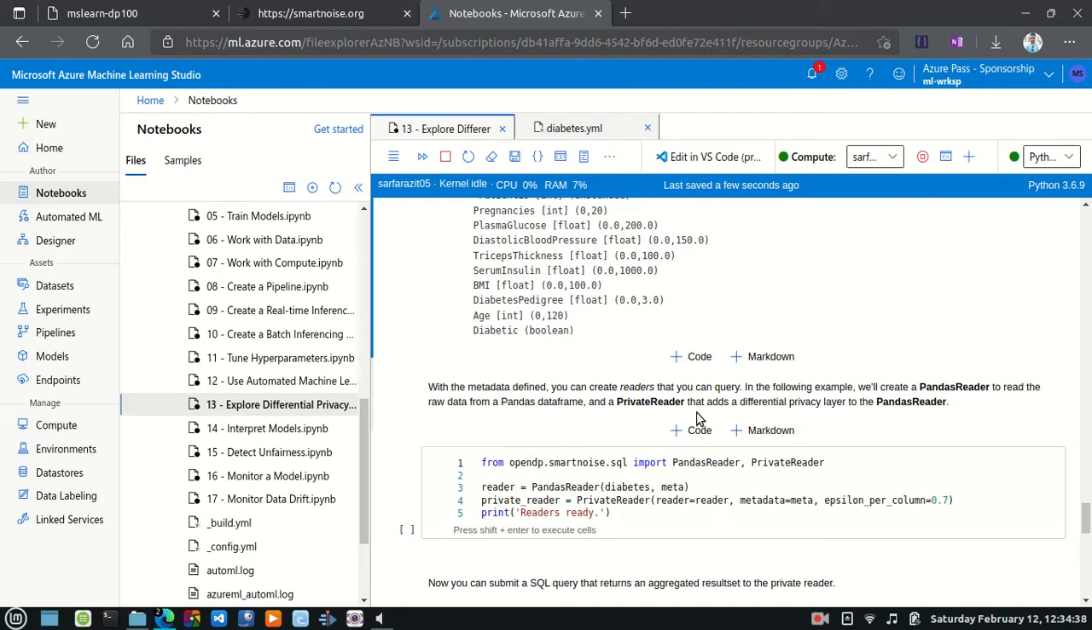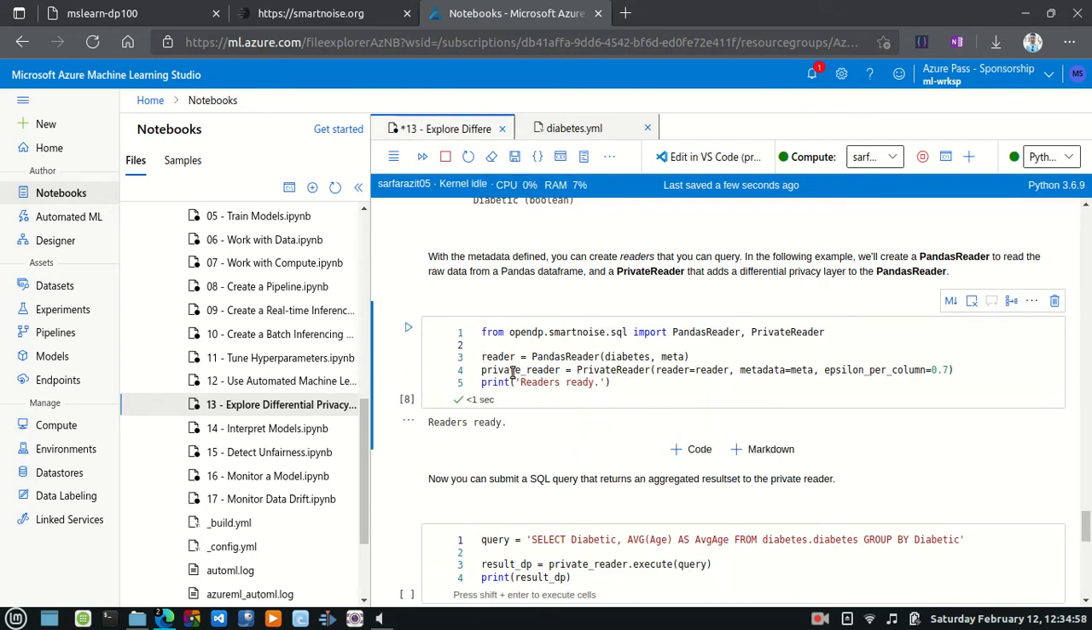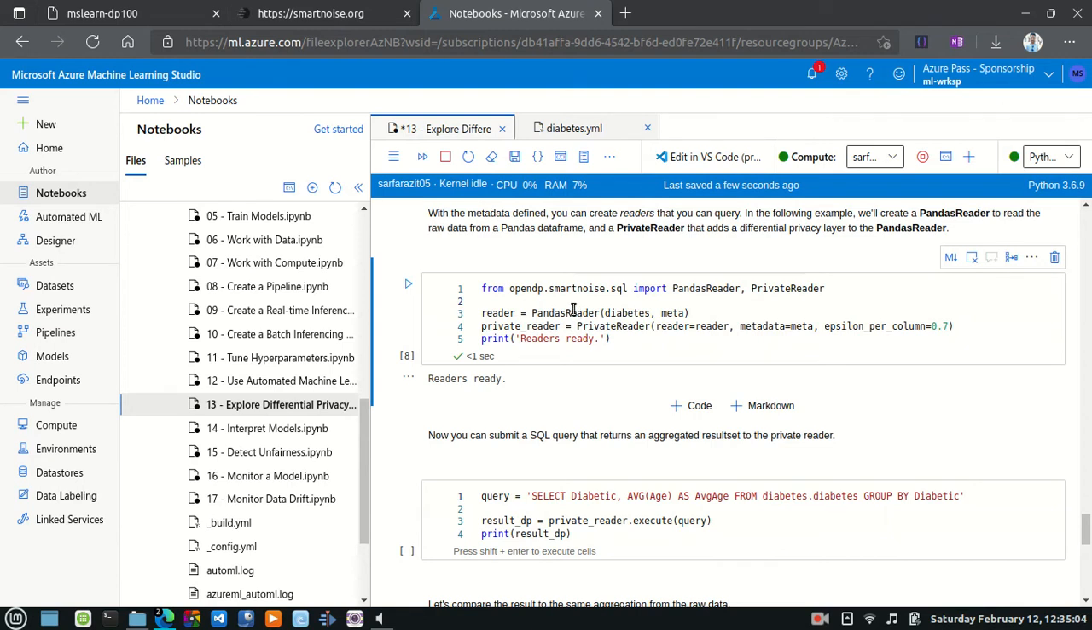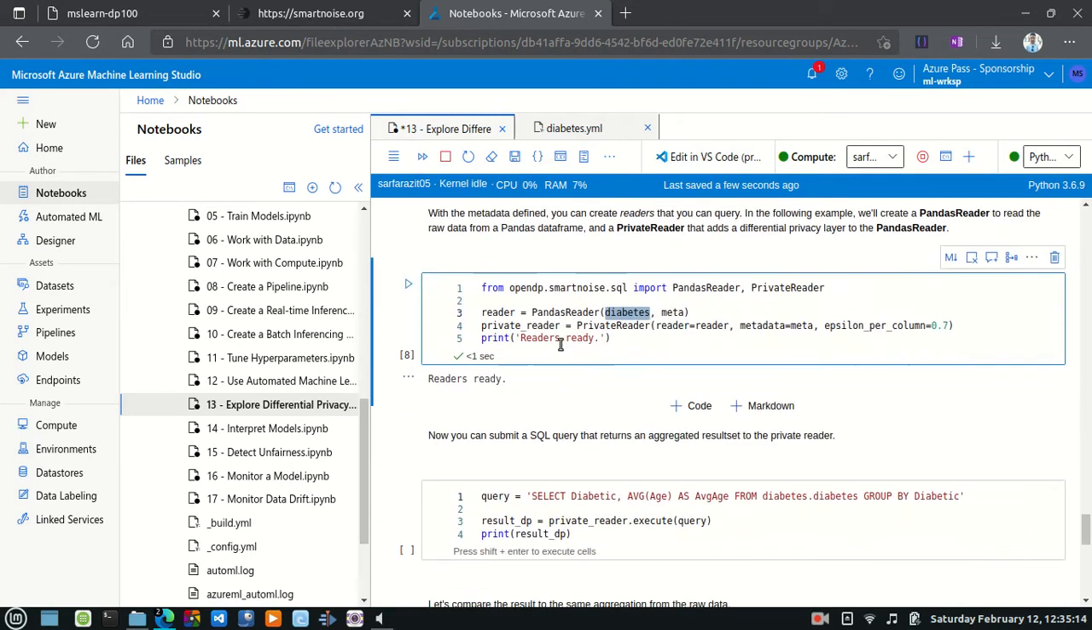The pandas reader will give us raw data from the data frame, and then a private reader on top of that adds a privacy layer. Both of these are part of the OpenDP SmartNoise SQL package. From there, we are creating both the pandas reader and the private reader. For the pandas reader, we need the diabetes data and the meta. Meta is nothing but our table structure or schema. And for the private reader, we need this data reader or raw data, and then the metadata, which is again the schema,